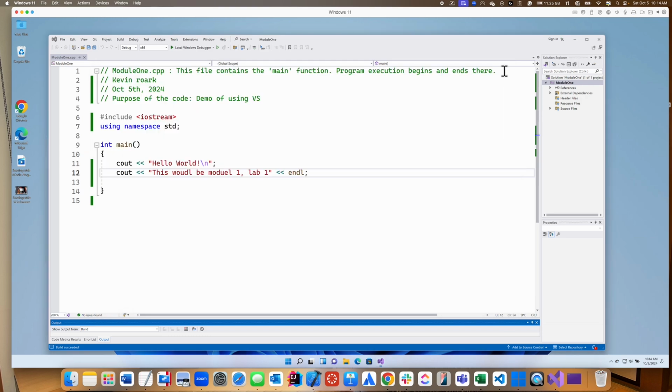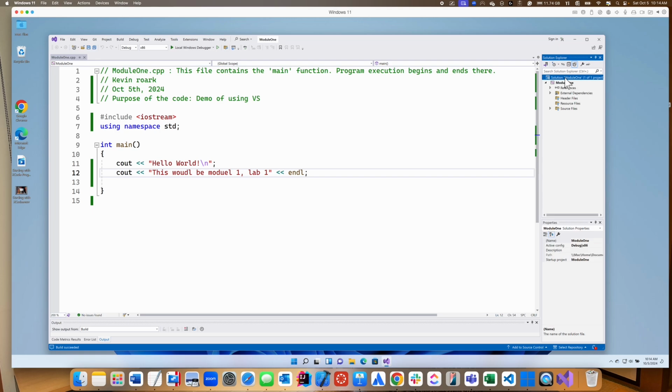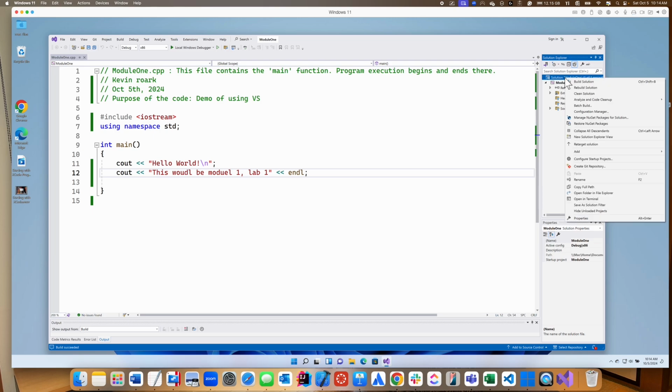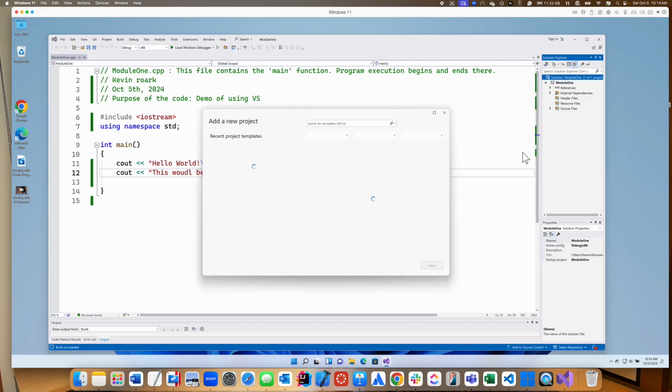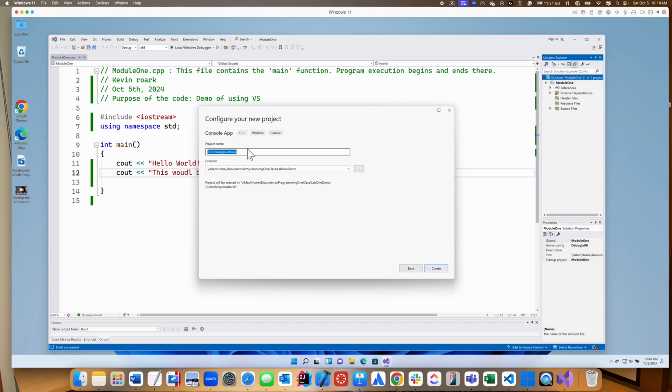Let's say we finish Module 1, Lab 1, and we want to start Module 1, Lab 2. What we can do here is select our solution. It's the very top folder in the setup. I'm going to right click. Here I want to add. What do I want to add? I want to add a new project. Okay, so I go through, make sure C++, Windows, console, and we're going to have multiple labs in the same solution. So I'm going to select console app again, hit next, and I'll call this one